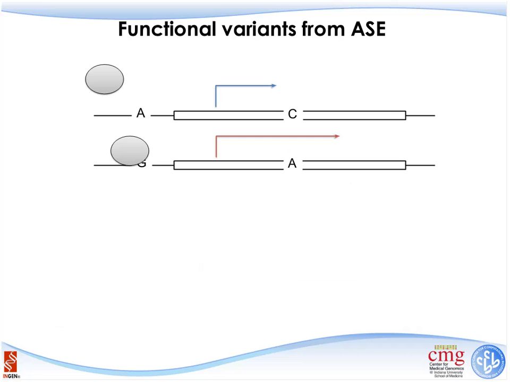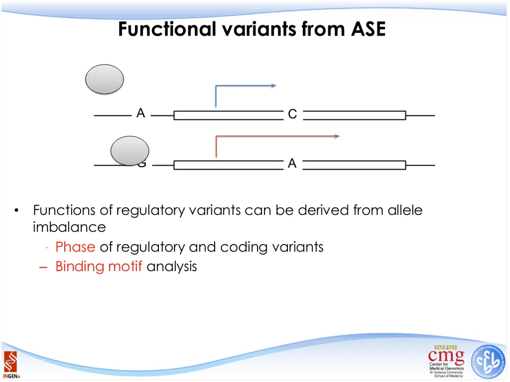And the reason for that can vary. However, the most profound reason could be that there is a genetic variance in the regulatory region, in this case the promoter region, and there is an A allele or G allele, and that will affect the transcription factor binding in an allele-specific fashion. And so the question is, can we use the allele-specific expression identified from the RNA sequencing data and further infer which heterozygous variants in the regulatory region can potentially cause the allele-specific expression? And this will help us to identify the functional genetic variants in the regulatory regions.